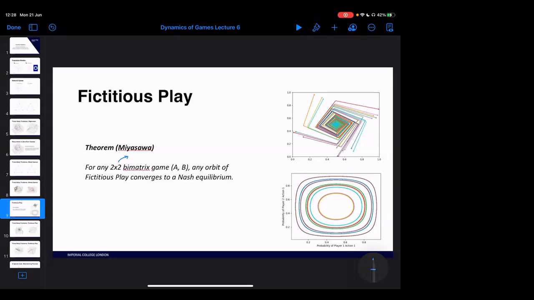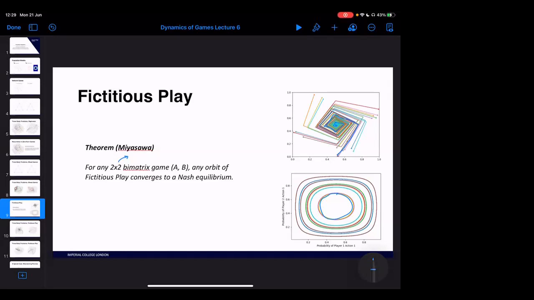And this is regardless of the type of game played. So it could be coordination, it could be zero-sum, it doesn't matter. Fictitious play is always going to converge when you have a 2x2 game, yeah? And we saw that in the last talk when we were looking at fictitious play, because the same matching pennies game, which gave us the cyclic dynamics in replicator, we saw spiral convergence in fictitious play, right? Convergence down to an equilibrium in the center.